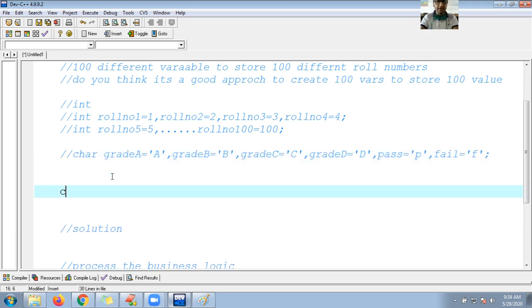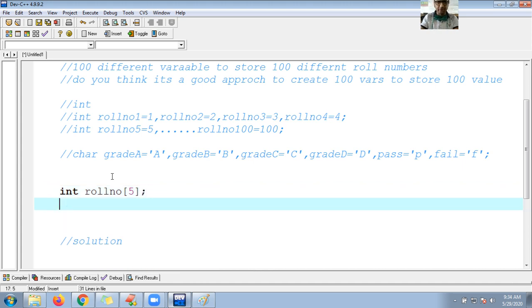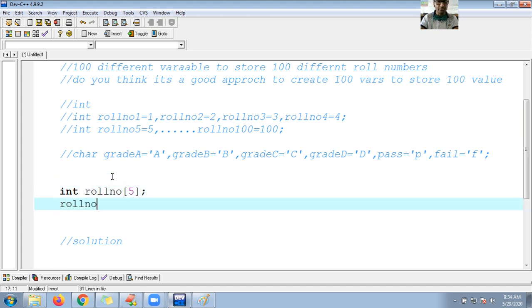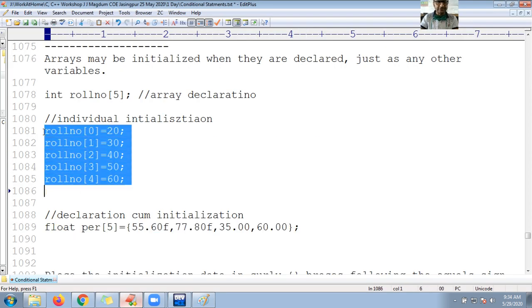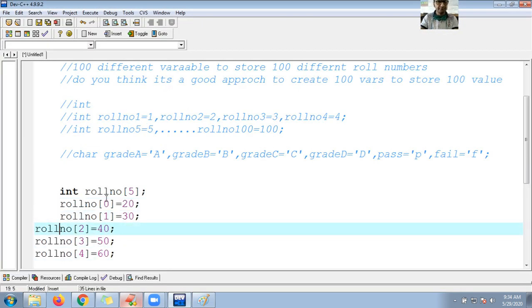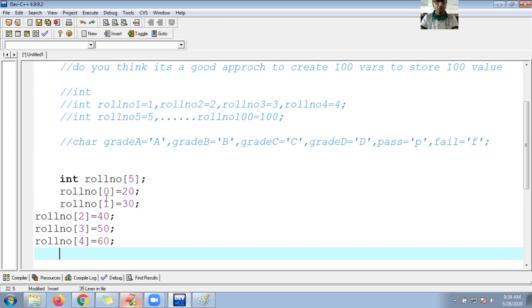So guys, integer roll number whose size is 5, and let me initialize here. Let me go manually first, one by one. Here I declared. Otherwise, let me copy from here, it's easy for me. Control C, and here Control V. Okay, guys, fine.